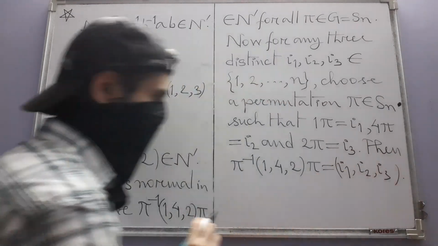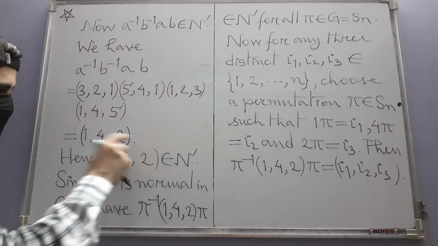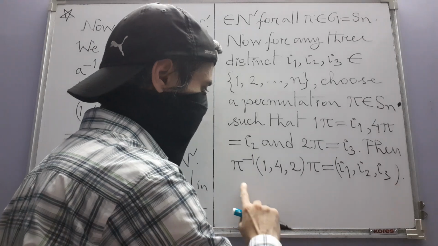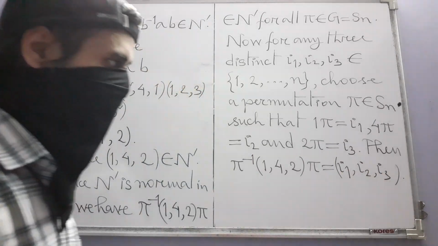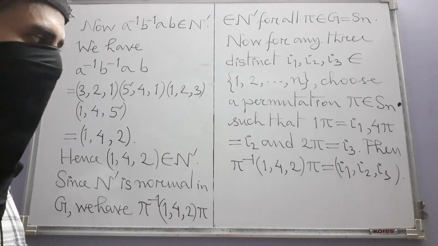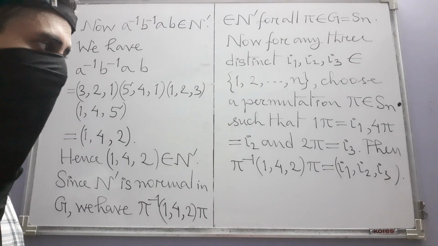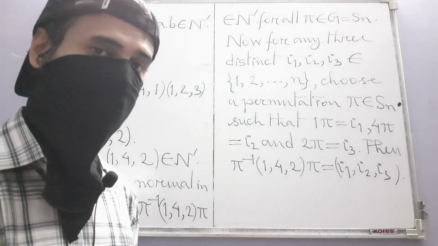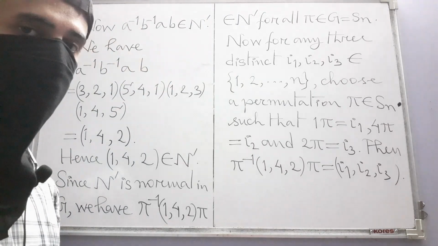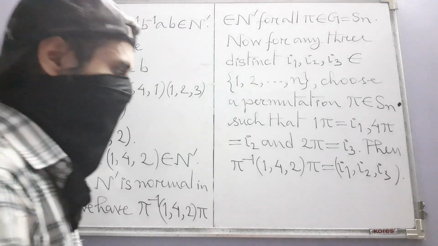In order to see how, there are two ways. You can argue like this, going through a detailed calculation, or just from these equations itself it follows that this has to be this 3 cycle. And for that you go back to that section on group theory where we investigated the conjugacy relation in the symmetric groups Sn. There actually we learned how to calculate conjugates of cycles, in fact conjugates of permutations, and there in fact we